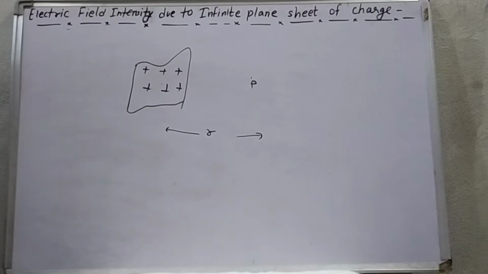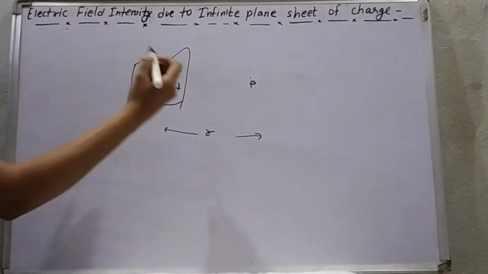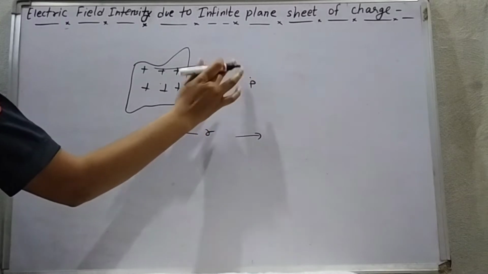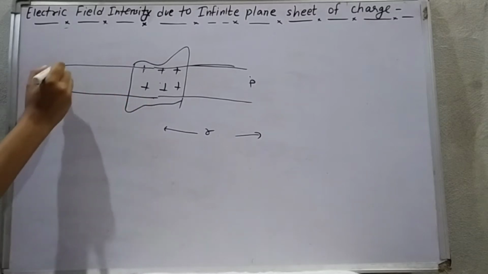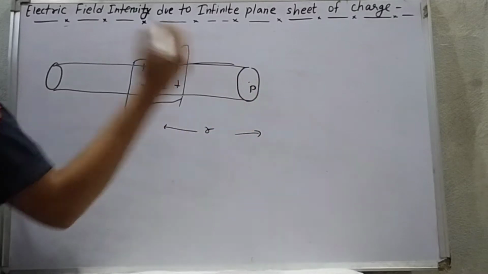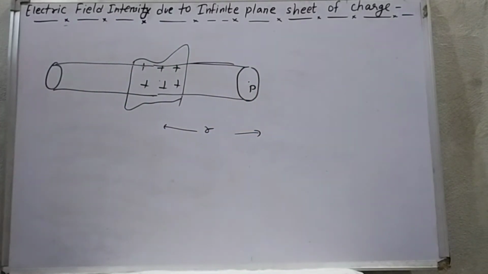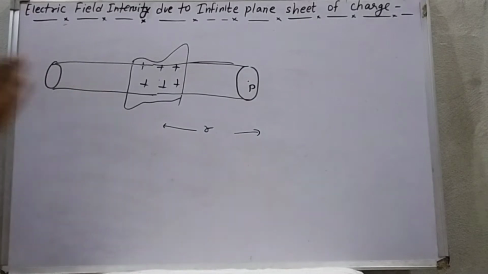There are various methods to calculate the electric field intensity, but the easiest method is to use the Gauss theorem. For the Gauss theorem we need a Gaussian surface also. So we will take the Gaussian surface around this sheet. The Gaussian surface is cylindrical here. We have taken a cylindrical Gaussian surface here. Here is the point. So the Gaussian surface is taken such that the electric field intensity at every point is the same and it is symmetric in nature.